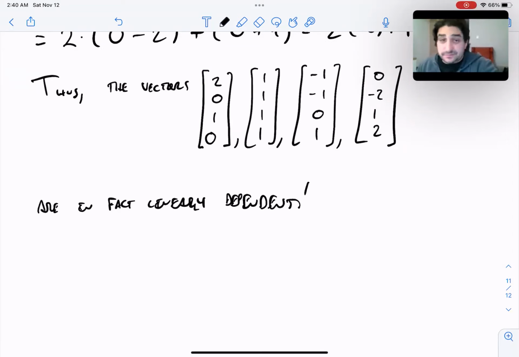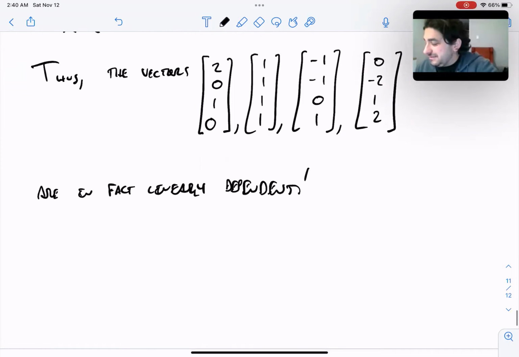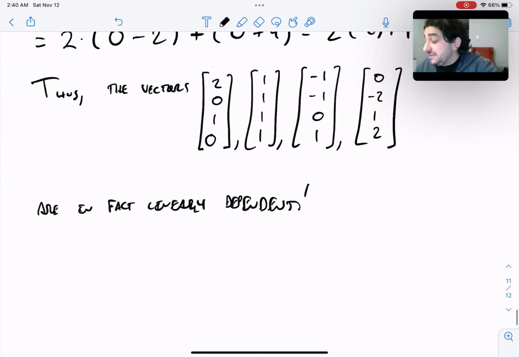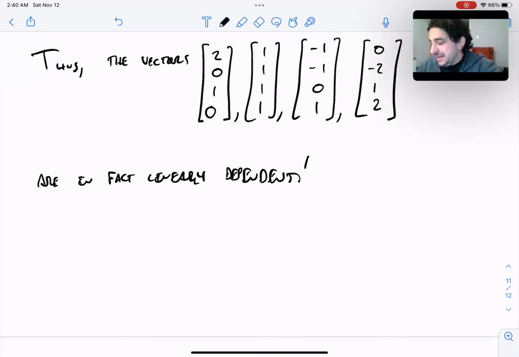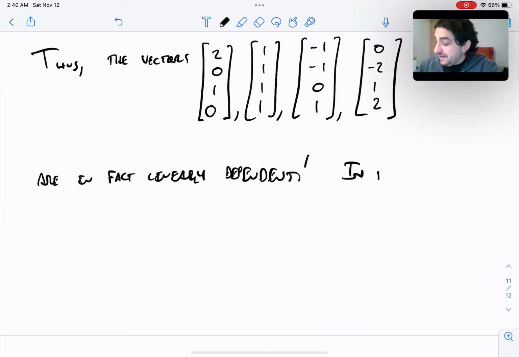Right? So this is a use of the vector independence theorem, perhaps a little surprising because it's not really easy at first glance to see what the dependence is. So in fact, what is the dependence? Well, it turns out you can take one of these,